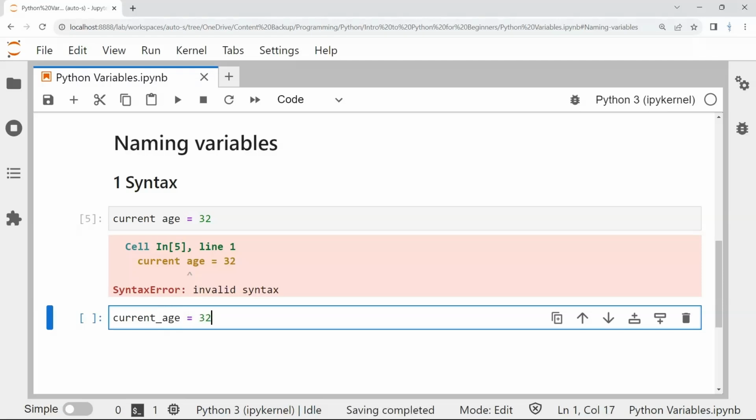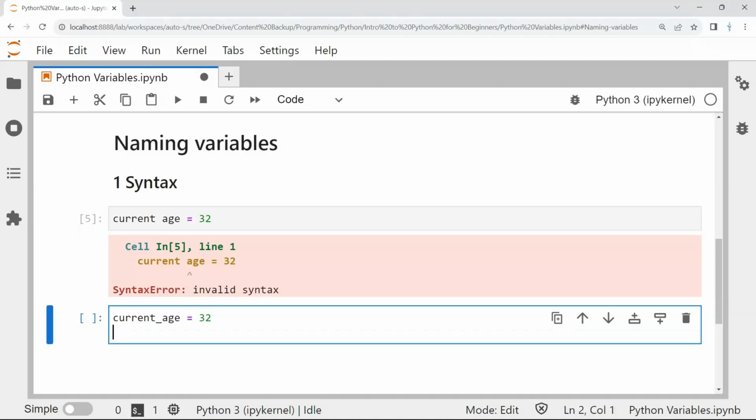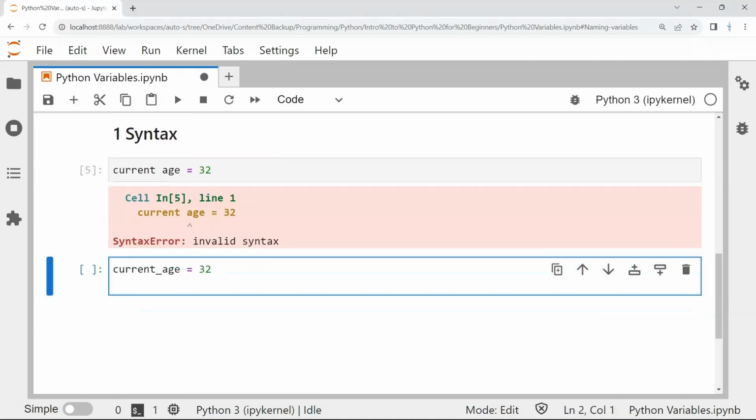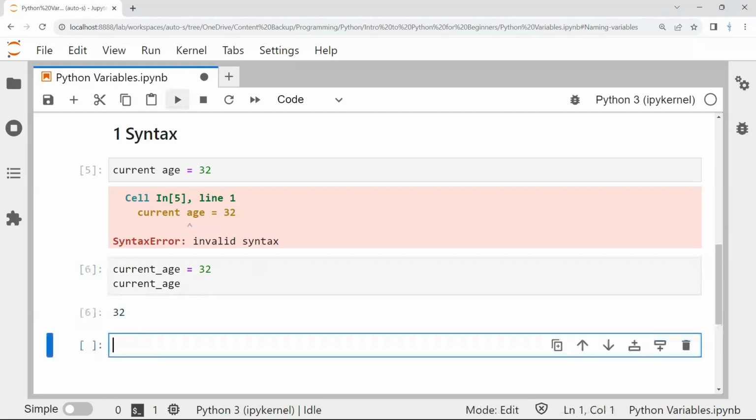So now we've got our underscore there instead of our space, and we've got lower caps as well. So I'm just gonna write the variable name underneath so we can see the output in the same cell. Great, that works. Another thing we're not allowed to do is special characters. So let's try something.